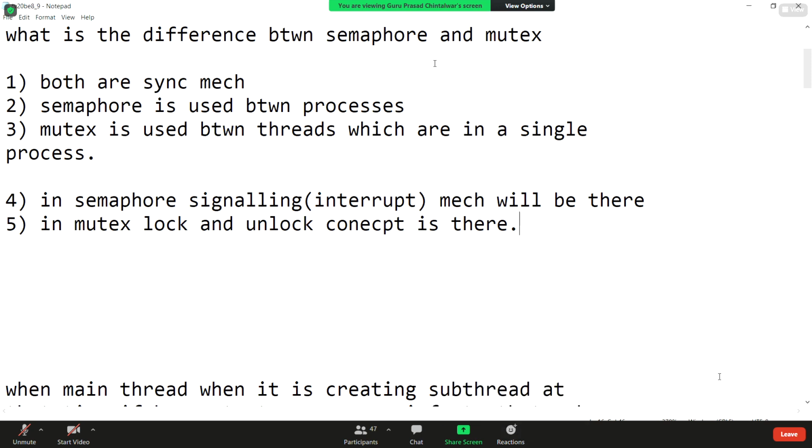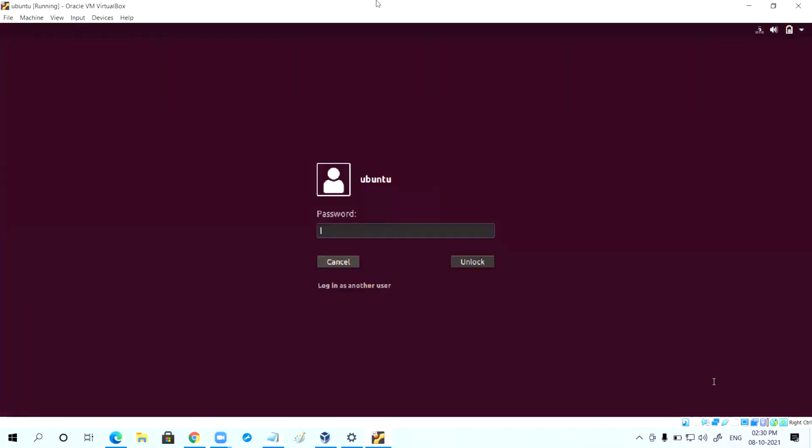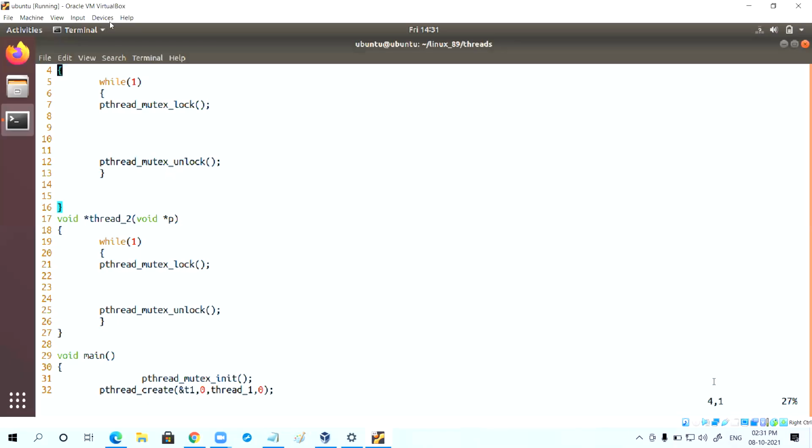When one thread has already locked the mutex and another thread is trying to lock it, which function will block the thread?